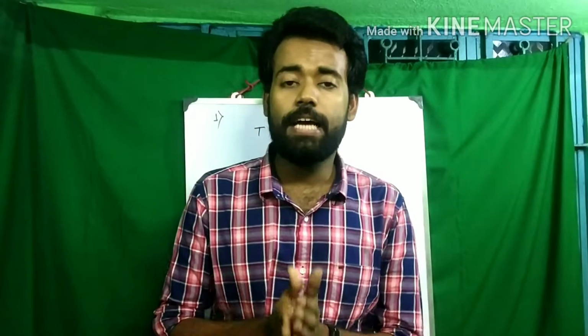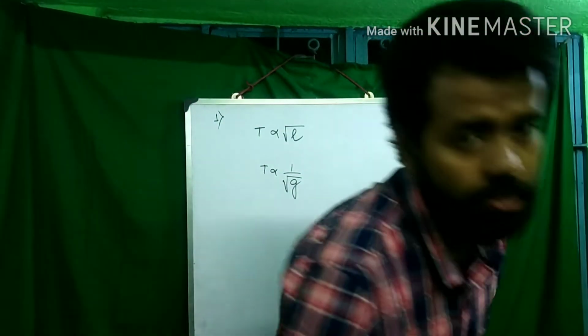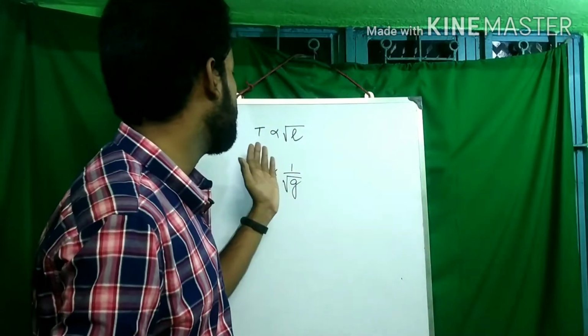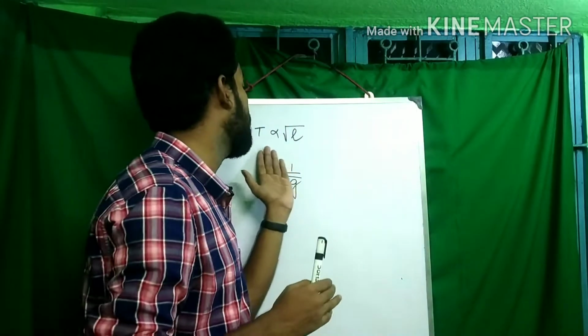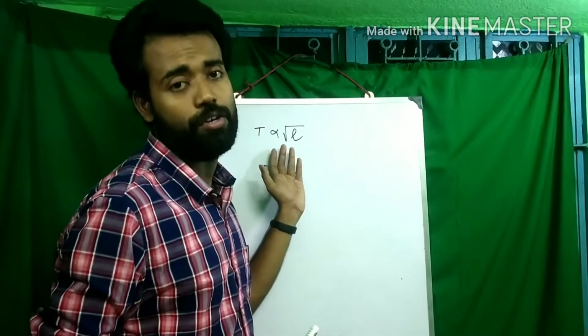All of you notice that as we increase the length, the time period of the simple pendulum also increased. So from here we can conclude that time period is directly proportional to the length of a simple pendulum. But there is a slight variation. Scientists, on the basis of various experimentation and observation, found out that time period was not exactly directly proportional to length, but it was directly proportional to the square root of length.